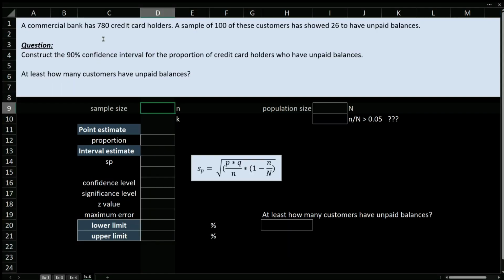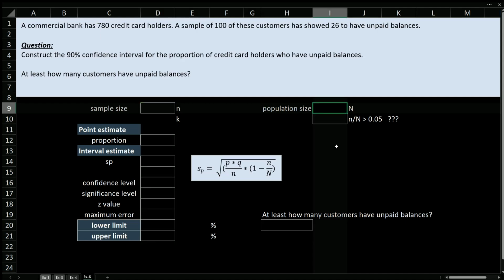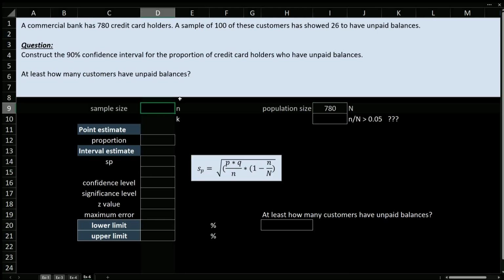So in this exercise, the population size is given, and since it is not infinite, it is 780, then we may need the correction factor. And the correction factor depends on the sample size. If the sample size over population size is greater than 0.05 or greater than 5%, then we need that correction factor. So sample size is given, we have a sample of 100. Sample size is 100. Out of this 100, we have 26,